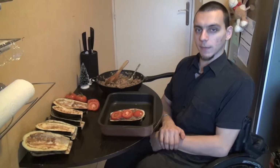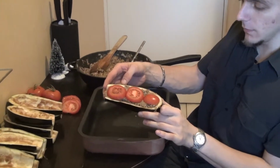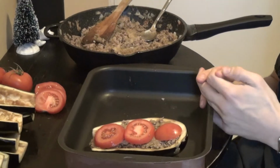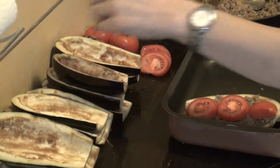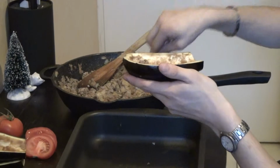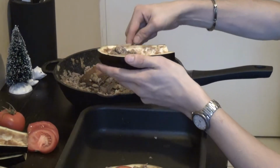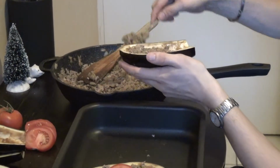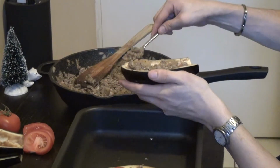Alright, it's time for the final part of the preparation before the final cooking part. So, this is what you're aiming for. It's not hard at all. Before you start, you should preheat your oven to 180 degrees Celsius. Then you should cut some of your tomatoes in slices like that, not too thick. And then you just take your little eggplant boats and you fill them with the stuffing that we've prepared. While you fill them, just press well with your spoon so that it sticks better and it's more compact. So you just fill it with the stuffing,